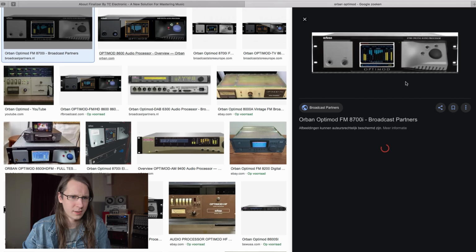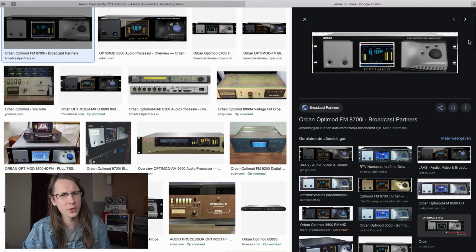It is so interesting how they deploy these things for broadcasting. They use the Finalizer, and on the radio stations they also use Optimods from Orban. These things have so much control of your sound. It's almost spectacular. I could do this with my faders and not hear a difference.